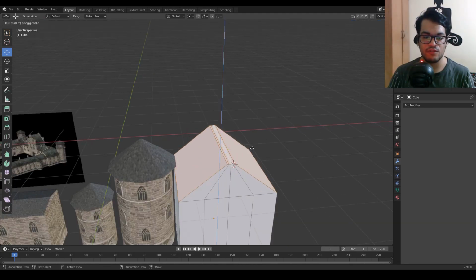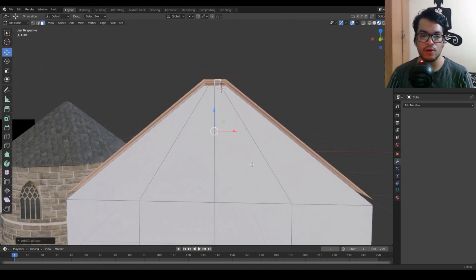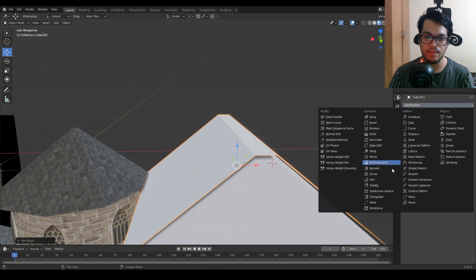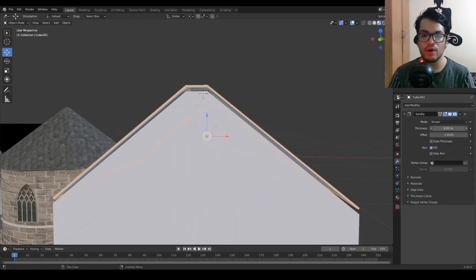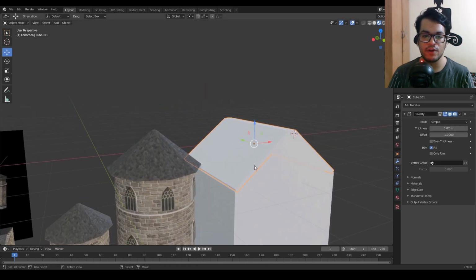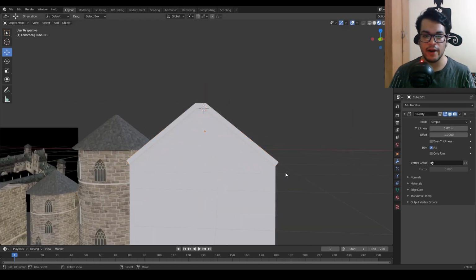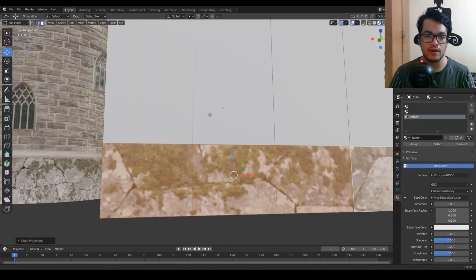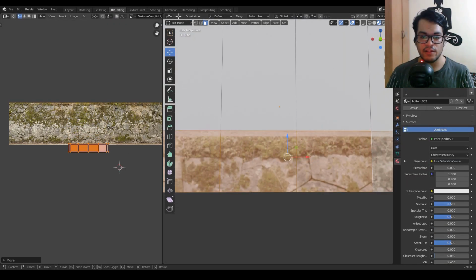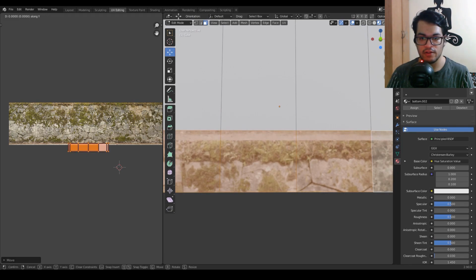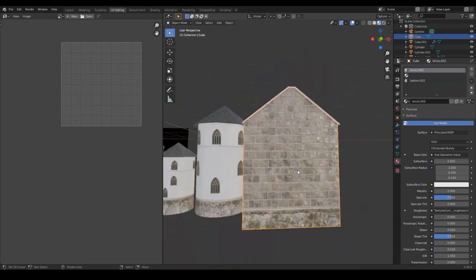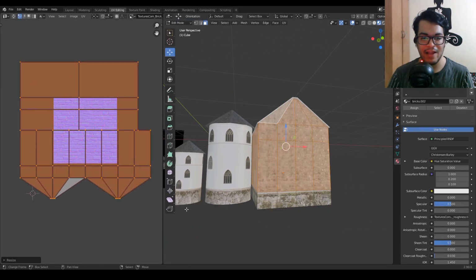You can select those faces, Shift D, duplicate that, hit P on your keyboard and P by selection, so make it a different object. Now add a solidify modifier to that to give the roof some thickness. Maybe scale it up. We'll add some materials again, starting with the bottom material. Just scaling the UVs up and positioning this, scaling the UVs up to match everything.